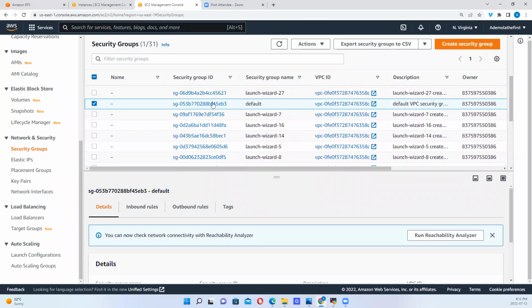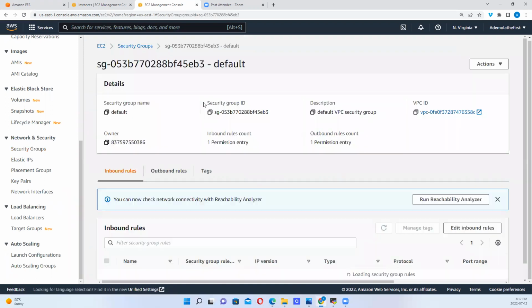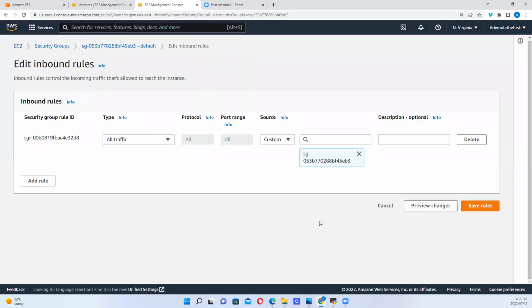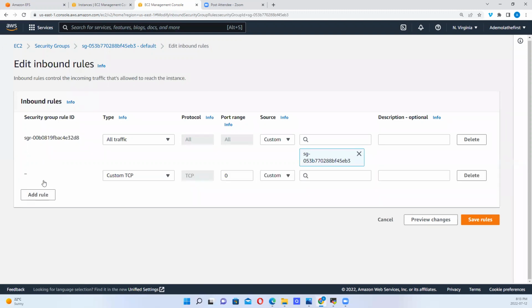So we want to come in here, right? Once we come in, you can see this is the inbound rules. So we want to edit inbound rules. So let's edit inbound rules. Let's add a rule, right? What are we trying to add now? We are trying to add a port, right? And trying to link